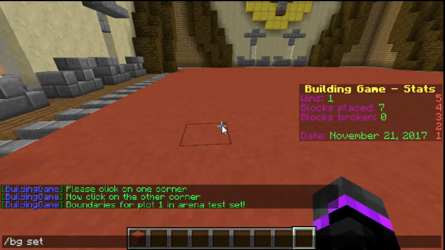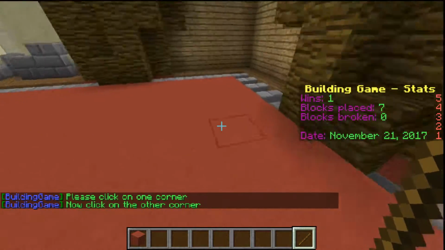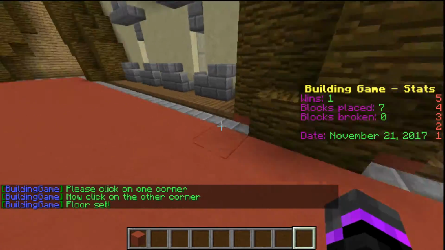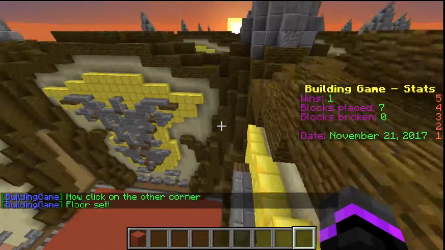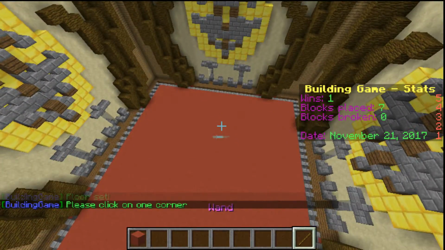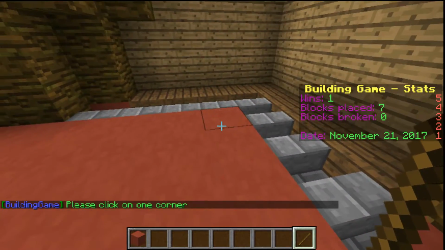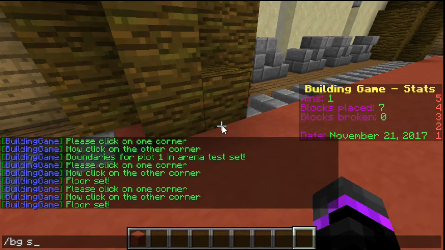So bg and then set floor, test, and then 1. So now we can go ahead and set the very bottom. So click over here and then click that square corner because we don't want them building on this side over here. So make sure you represent that on your second one as well. So it's pretty easy. So we can go ahead and just do the floor for the test. So we can go ahead and set 1 corner over here, 1 corner over there, and then bg set bounds,